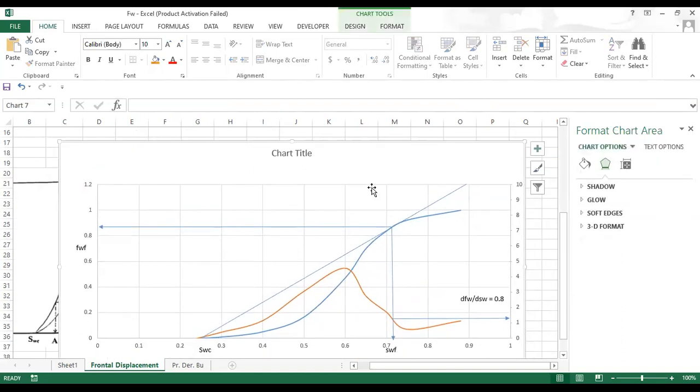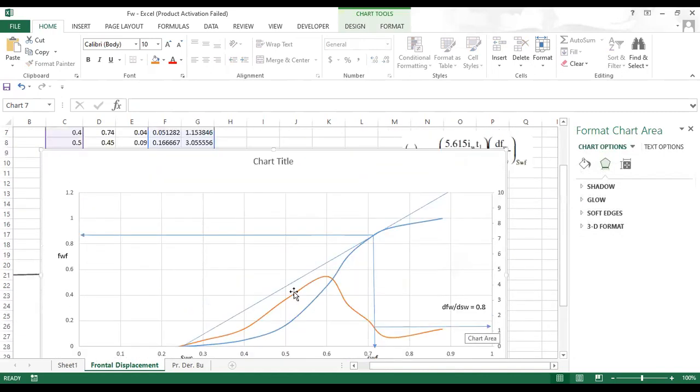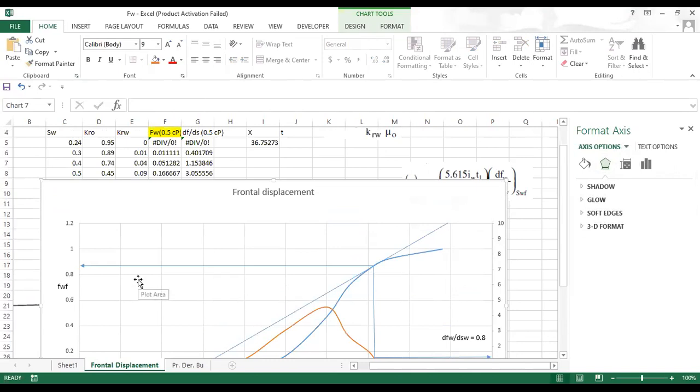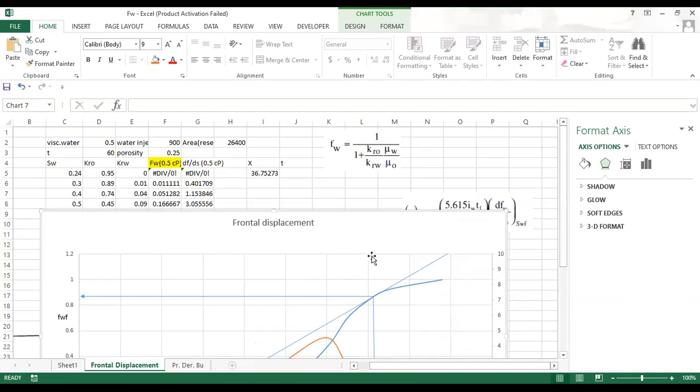This is how we can estimate the value of frontal displacement. X represents frontal displacement, and this chart is the frontal displacement chart, and these are the points, and I have to give the x and y axis, which we can give a little later. So this is how we can estimate the value of x. So I believe I have completed the portion. Hope you have enjoyed. So the process is the same, only the error that I have